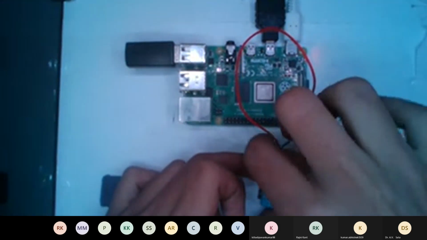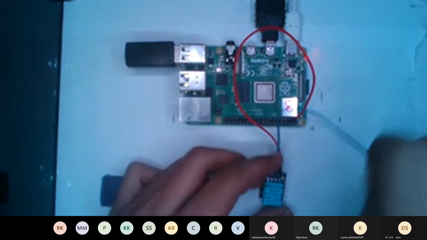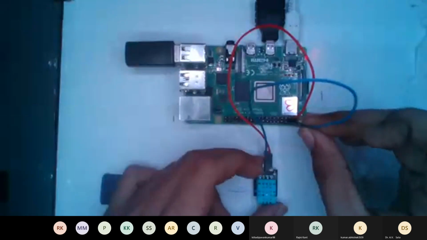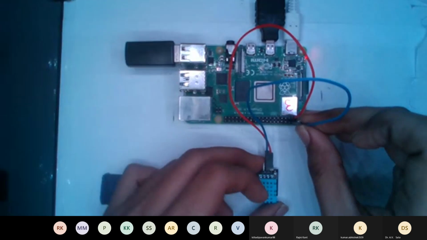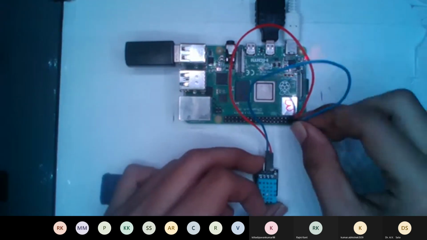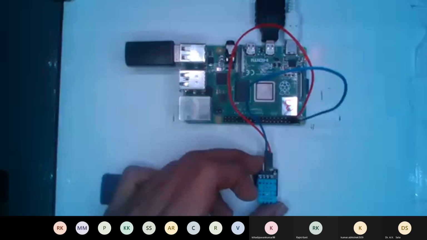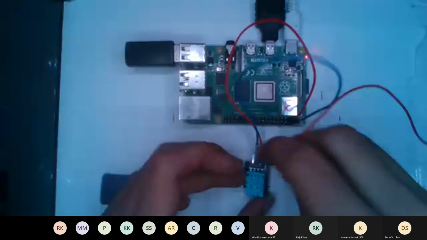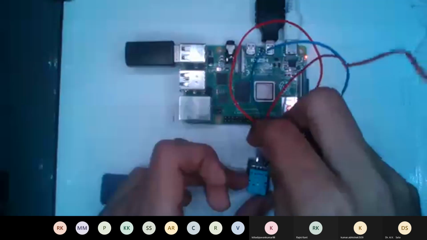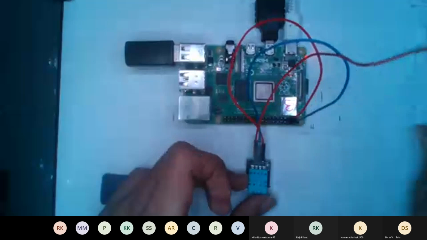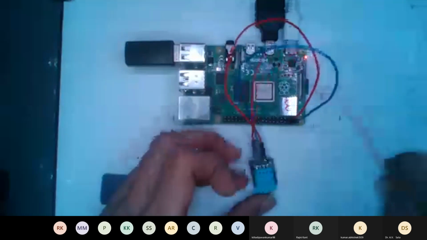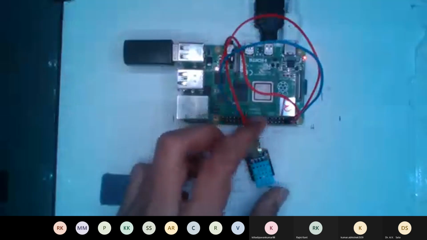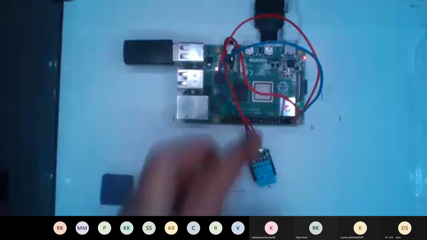Blue pin to connect with VCC, using blue pin to connect the 5-volt power with the VCC of Raspberry Pi. Then ground to ground using red. Pins are connected.